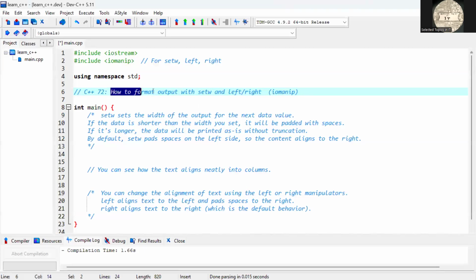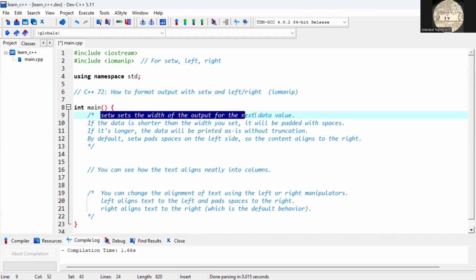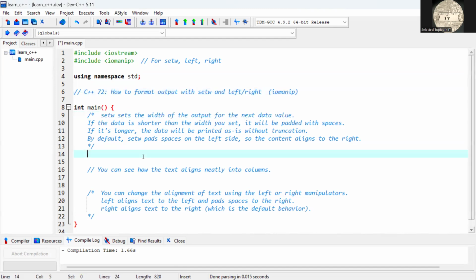In this video, we'll look at how to format output with setw, left and right from the iomanip library. So we'll start with set width, or setw, where we can set the width of the output for the next data value. So let's start with some normal output, like, say, I'd like name and age